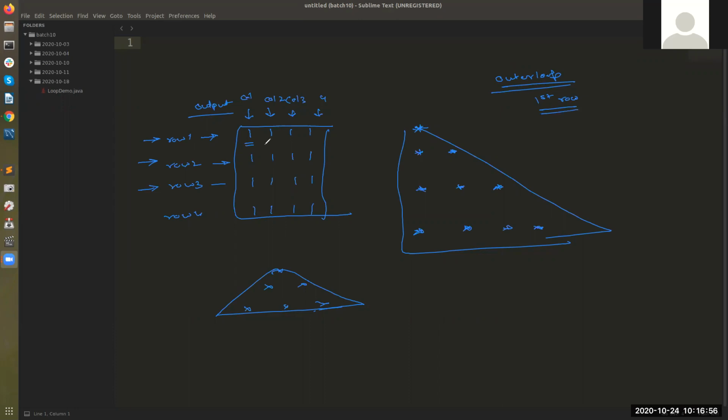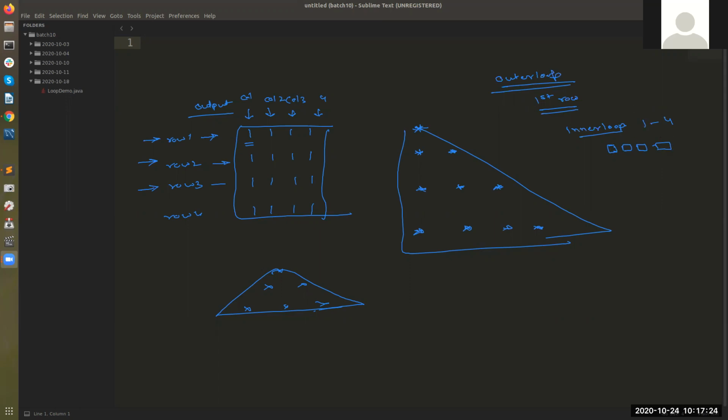And inside the first row, the inner loop will run more than once, and it's going to print your columns. Suppose I have given that it should run from 1 to 4: 1, 2, 3, 4. Once the iterations of the inner loop are completed, it will be, okay,